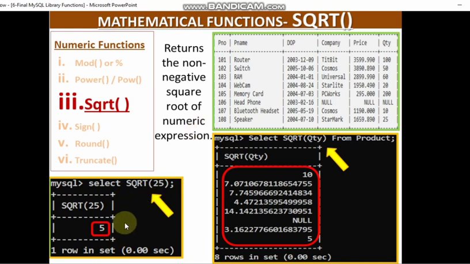So you will get a numeric expression only. And for a particular table, if you are using for a numeric column, you can use it like this and you will get the square root of the value. See, first one quantity is 100 and the square root of 100 is 10, and the second 50, and it is giving you 7.07 like that, right? So it is giving you the square root. See, for this one it is giving null, because any expression, if you use any calculation with null, it will give you the output as null only. We have learnt in earlier videos.